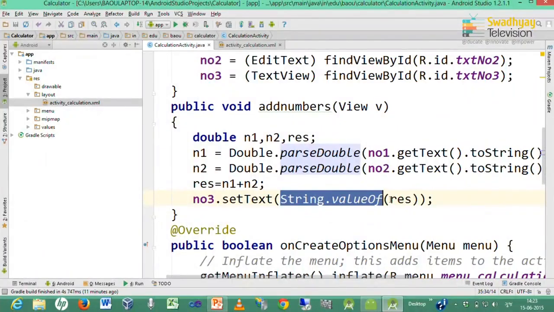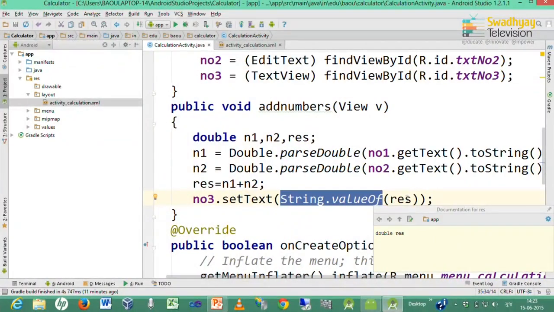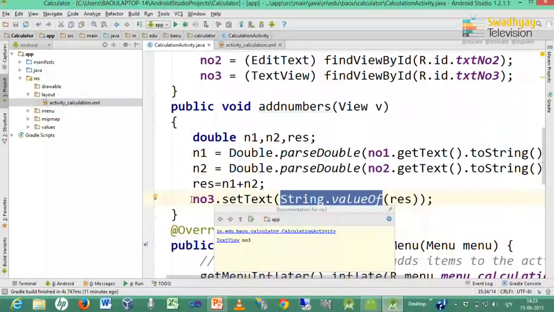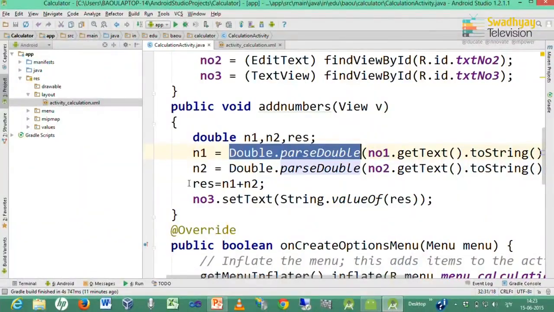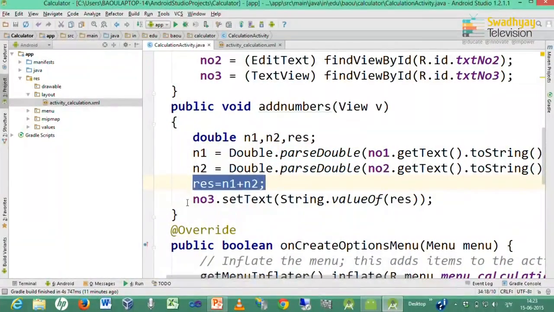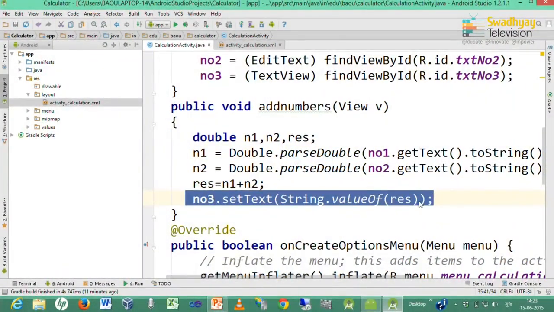Here String dot valueOf converts the number into a string, and that string is set inside the last text view. So, we have the code ready for addition. We fetch the two numbers entered by the user in the edit texts, convert them into double using Double dot parseDouble, then add the two numbers and finally display the result as a string in the last text view.